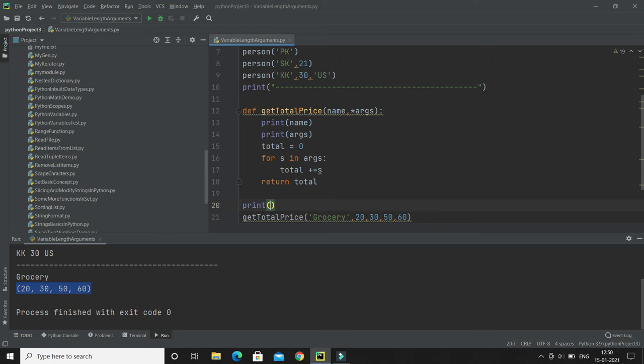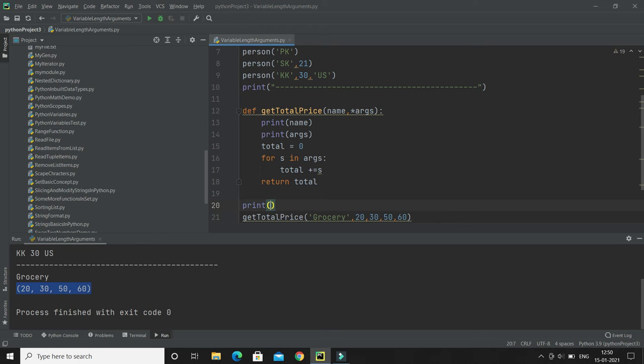Let's say the price of mango would be 200, the price of apple 300, and the price of pears 500, right? Something like that. So all these key value pairs will be assigned to this keyword variable length argument as a dictionary, right?